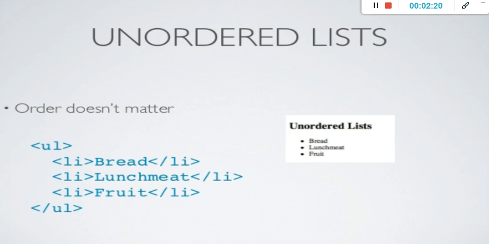And this is the syntax of the unordered list here. UL, where U means unordered and L means list. Okay. In that UL, they are creating a list here. LI, that is a list item. Bread, then fruits, these are the list items given here. Okay. Now order doesn't matter, meaning you can put bread last also, you can put fruit first or in the middle also. Okay.